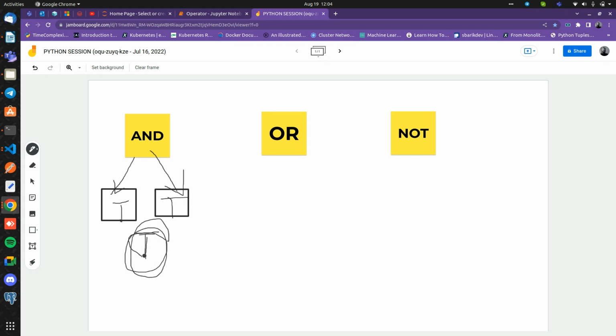Okay. If one of those values is false, say the second value is false, then it will return me false. If both values are false, then it will also return me false. So the rule of the AND operator is: return true if both values are true, and otherwise it will return false. Okay, so this is the rule of the AND operator. And the rule of the OR operator is,